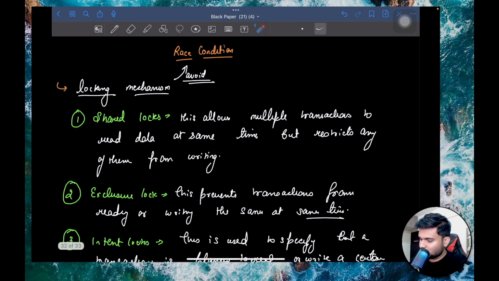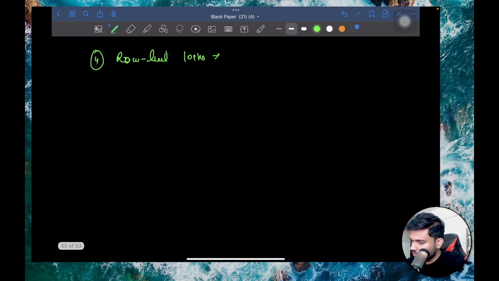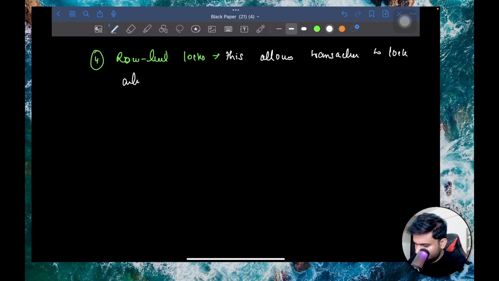But the fourth one is going to be important, and most of the time this is going to be most helpful as well. That is row level locks. Now all of the other locks that we were discussing are generally going to put a lock on the tables, right? This is going to be a row level lock, right? This allows transactions to lock only a specific row,